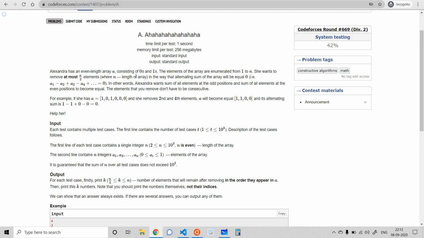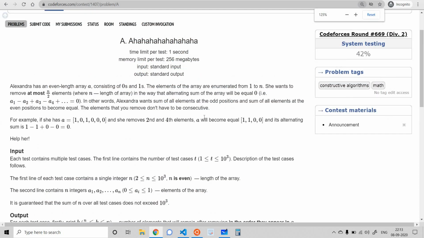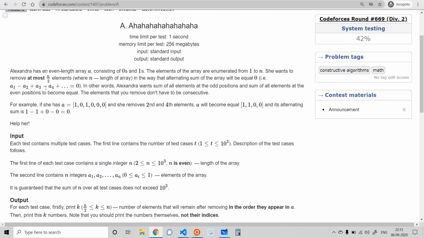It consists only of zeros and ones, and we can delete at most n by 2 elements. After deletion we want our array to be in such a form that the sum of the elements at odd indexes, that is at odd places, and the sum of the elements at even places must be equal.